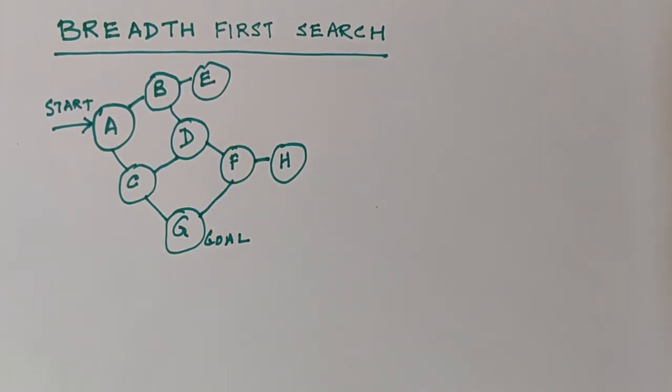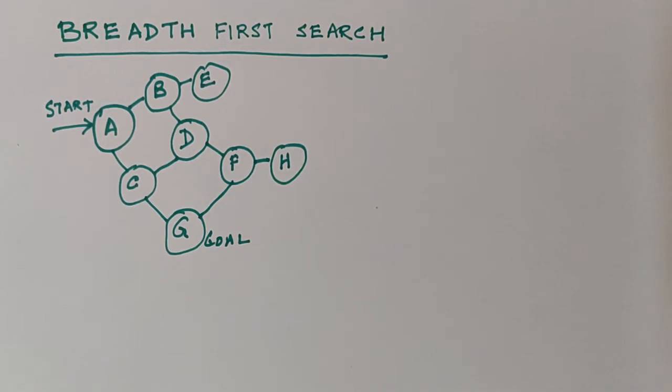This is the first type of search strategy that we are going to study. It is called the breadth first search, or sometimes it is called the shortest first search also. In the last video clip, we have seen the different search algorithms differ in how we remove a particular path from the available frontier.